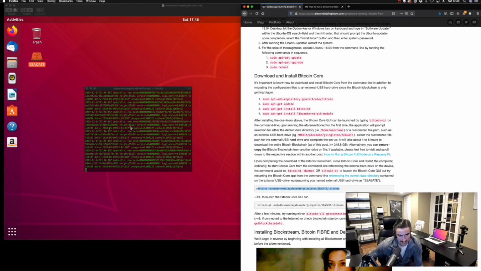So right now what's happening is it's going to download the entire ledger onto that Seagate external hard drive, right? Since I haven't downloaded anything yet. So the program files are on the native computer here, on this Ubuntu environment, right? But it's going to run, and it's going to store all of the data, all the blockchain, all the blocks, and the chain state information on the Seagate hard drive, because that'll be a big file. I think it's roughly 230 gigabytes as of today for all blocks and chain state files